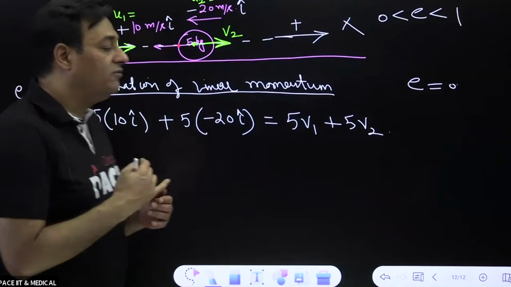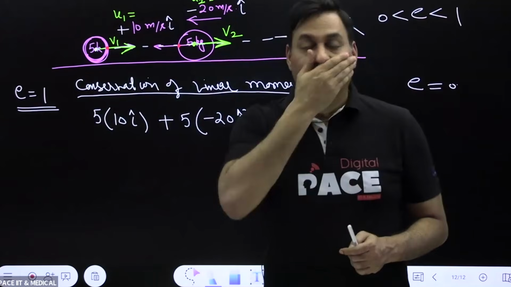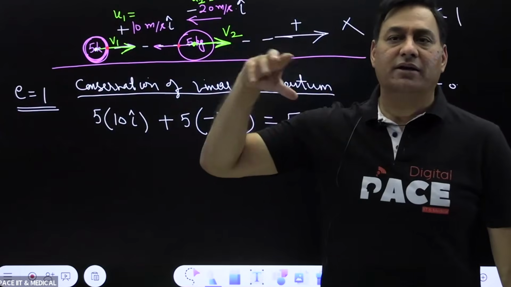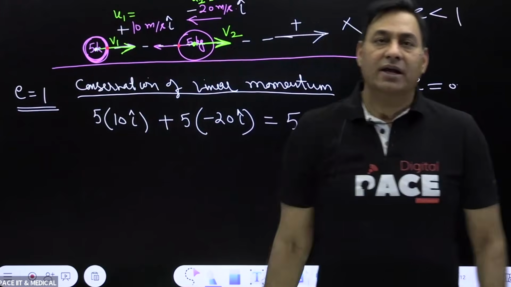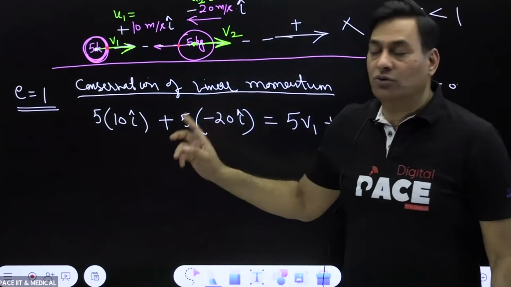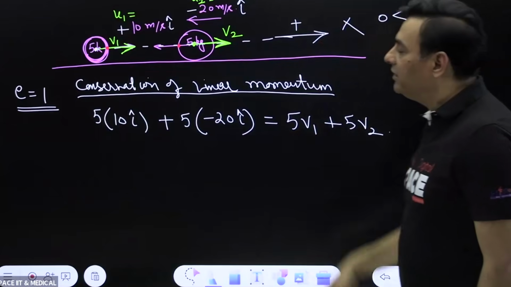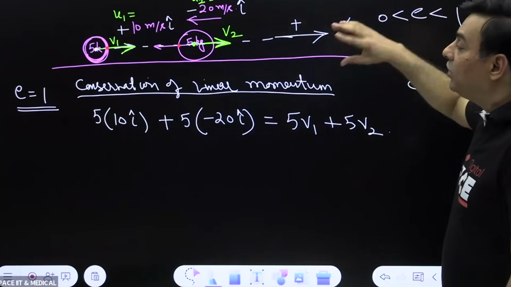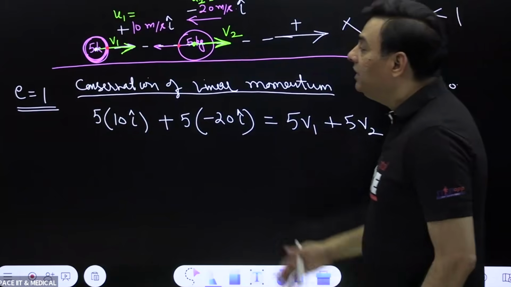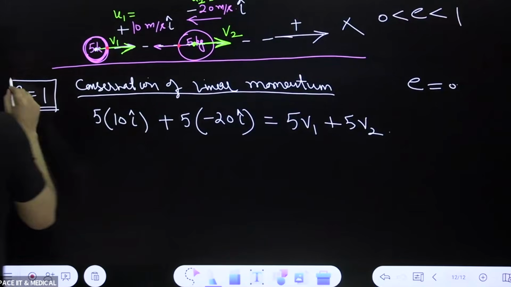Second equation, for perfectly elastic collision, I can write the energy equation. Energy conservation, kinetic energy: kinetic energy before collision and kinetic energy after collision will remain the same. I can write these two equations and I will have two unknowns, V1, V2. In the energy equation I'll have kinetic energy with V1, V2, but that will be a quadratic equation. Suppose we want to solve it fast, instead of writing the energy equation, we prefer the coefficient of restitution